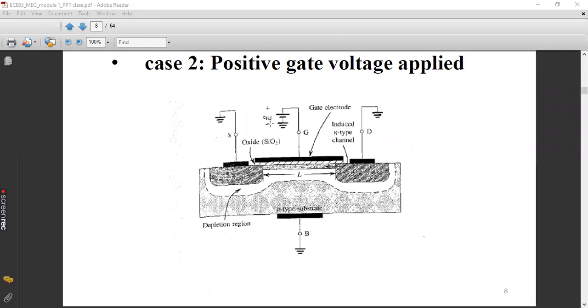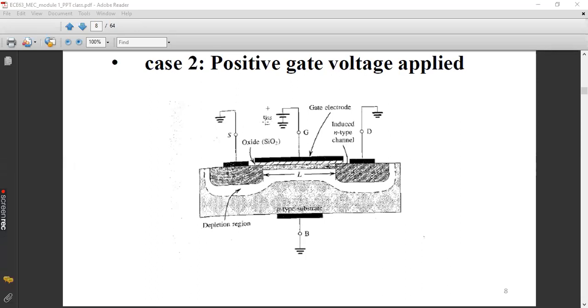Then why is it named VGS? Because the source is common. Source is at ground. Always we measure the voltage with respect to a common terminal, that is nothing but the ground. And since we have given ground to the source, every voltage will be denoted with respect to the source only.